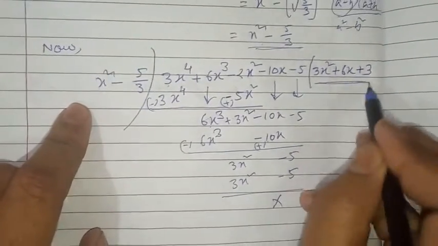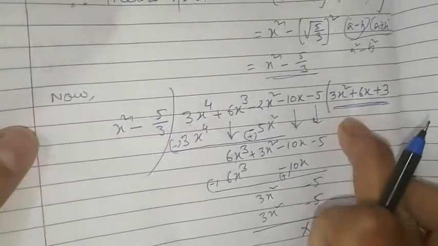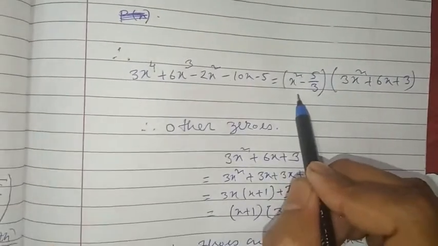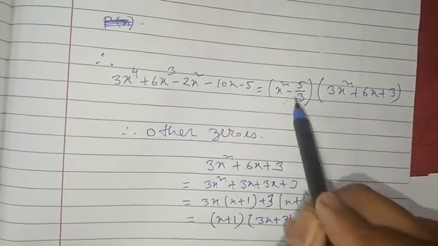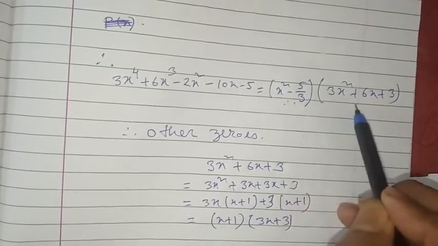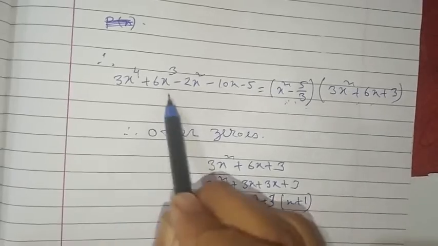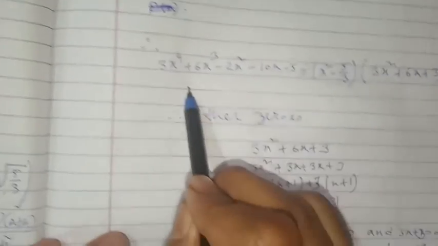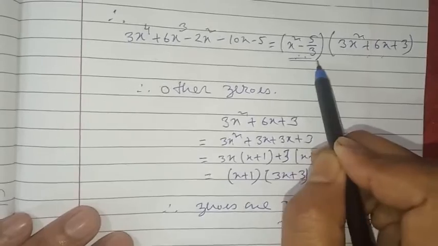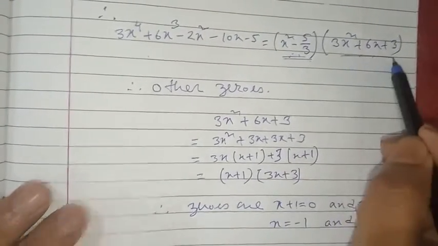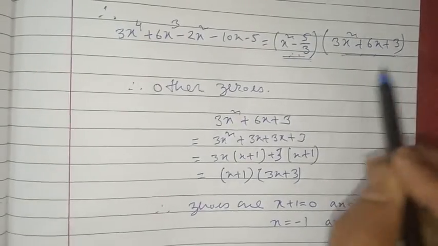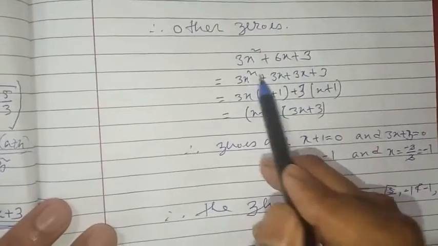And this is most important. When you got this quotient together with the given factor that you have found with the help of zeros, and when you have divided, you got a particular quotient. When you multiply this and these two factors, you will get the polynomial itself. So we need to factorize further, because we have already obtained the zeros from here. We will factorize whatever quotient we got when we divided.